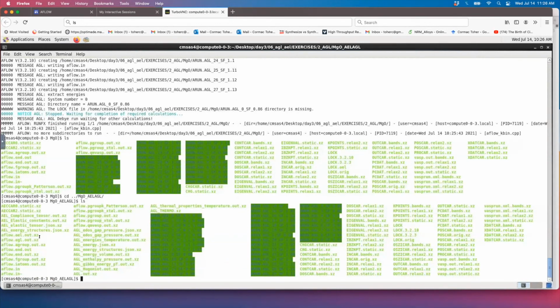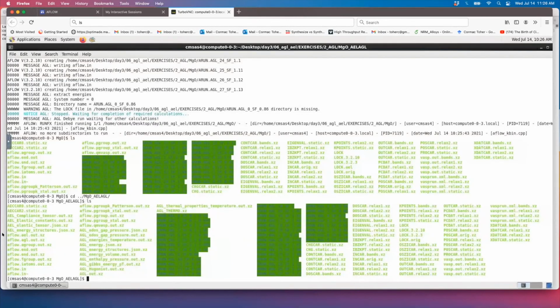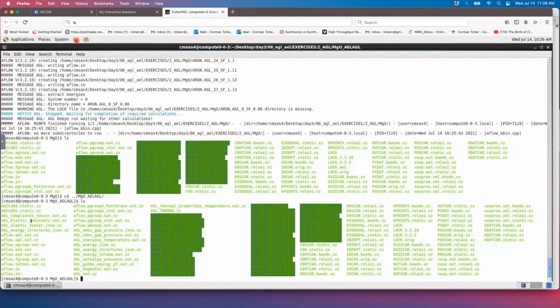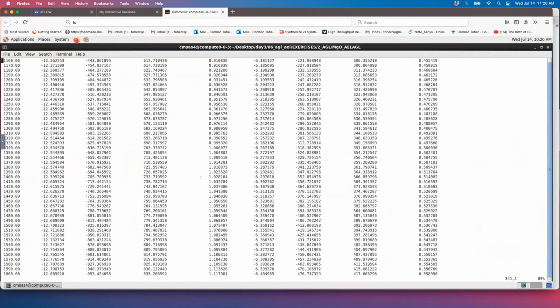Now if we look inside, you can see we have both the AEL output files and the AGL output files. Because we have the AEL Poisson ratio switched on, we want to run both workflows and print out the results for both. If we look inside this AGL.out file, I'm going to open it with vi just because it's a long file and it's zipped. So if I go back up to the top,